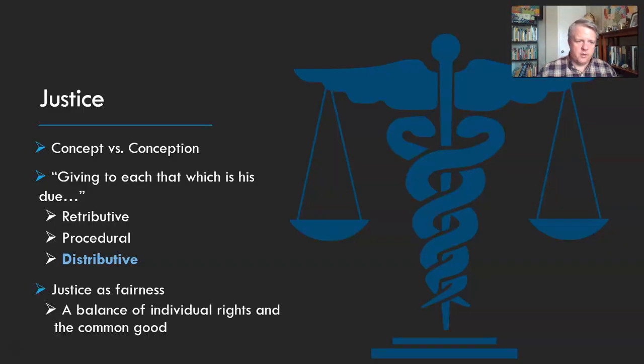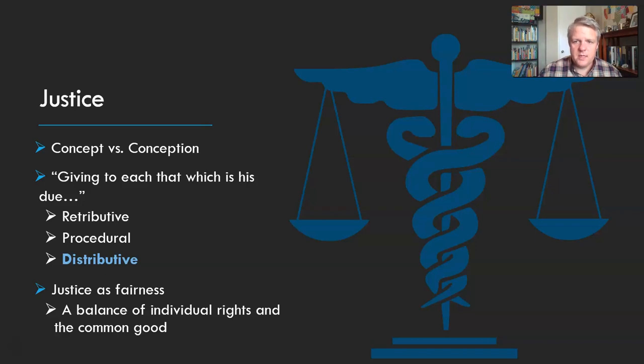And the final principle that we arrive at, the principle of justice. Justice is another one of these tricky subjects to wrap our heads around, in part because we all have a concept of justice. We all have an idea of what we mean when we use this term, and of what we are striving for when we strive to do justice. But what we need is a particular conception of it, a particular theoretical grounding for this idea of justice. We need to give it some content.